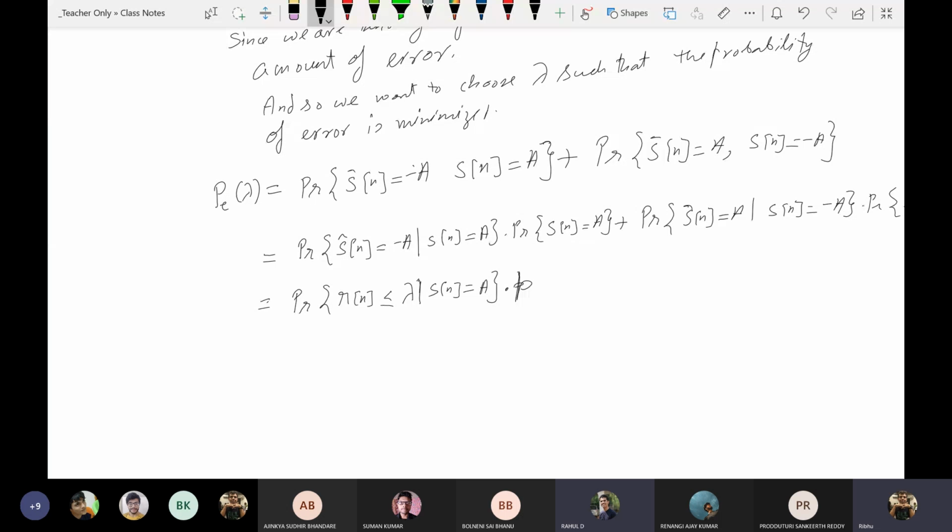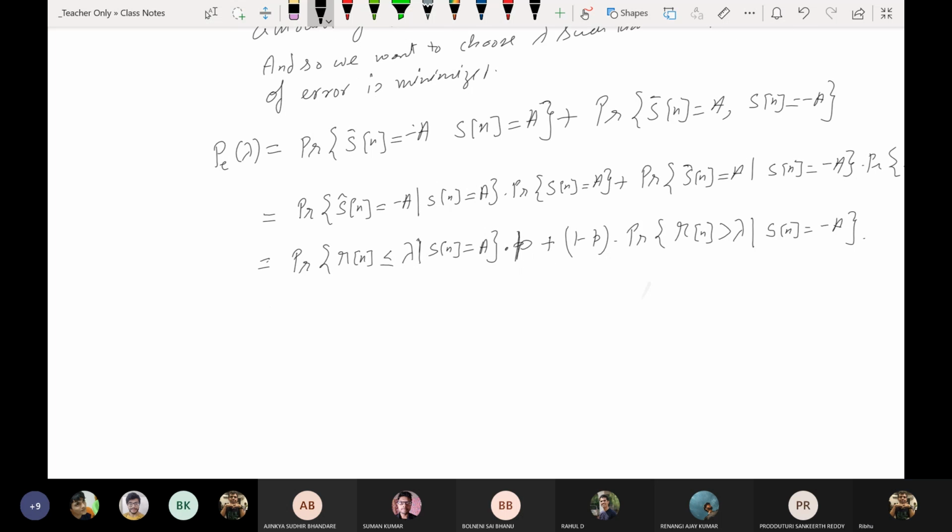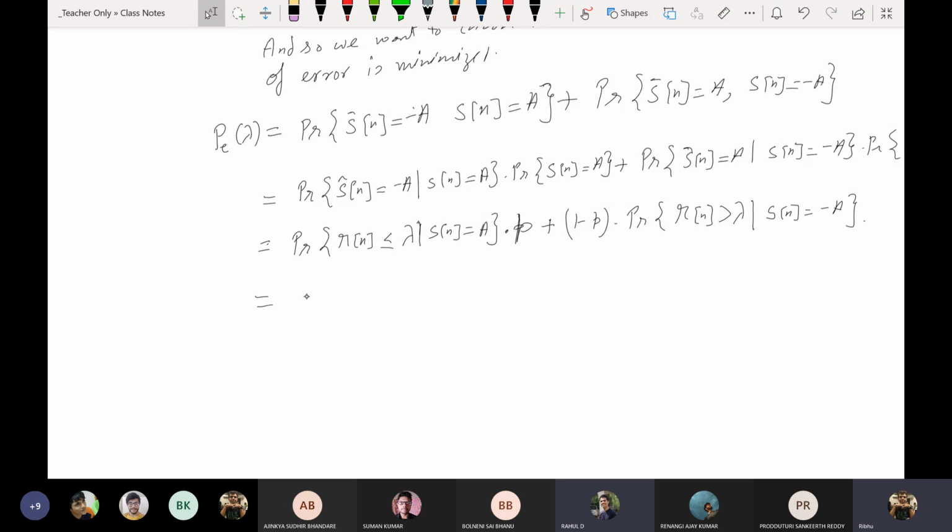Plus 1 minus P times probability Rn greater than lambda given Sn equals minus A. Fine. Integral from minus infinity to lambda